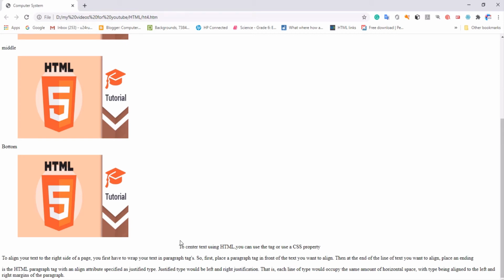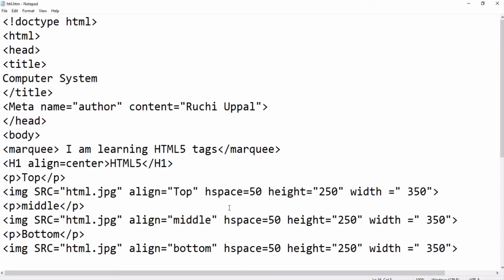Let's see once again. Let me go back and do the editing over here. So this is H space. Done. Now we have to write some text also.